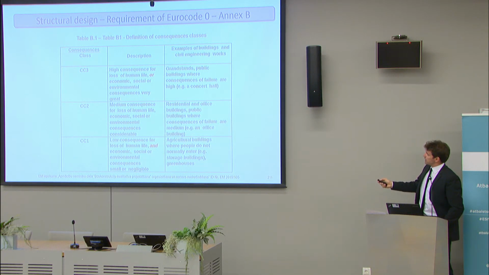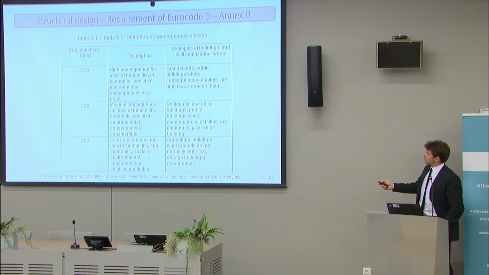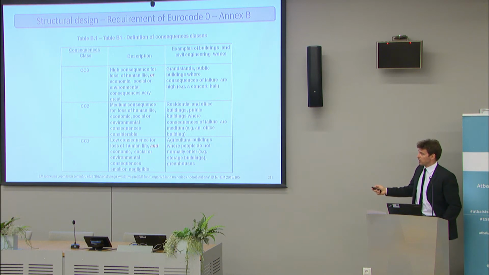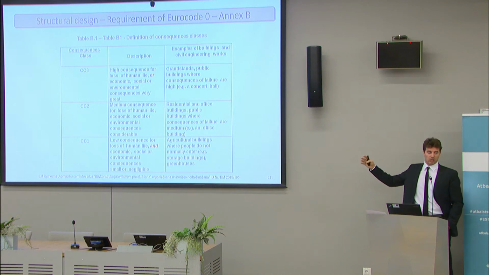For example, grandstands, public buildings. So if you have a stadium where, if it collapses suddenly, then a lot of people die. But it's not what it is actually saying here, that you have different combinations, because there can also be some kinds of structures that are, for example, masts for high voltage